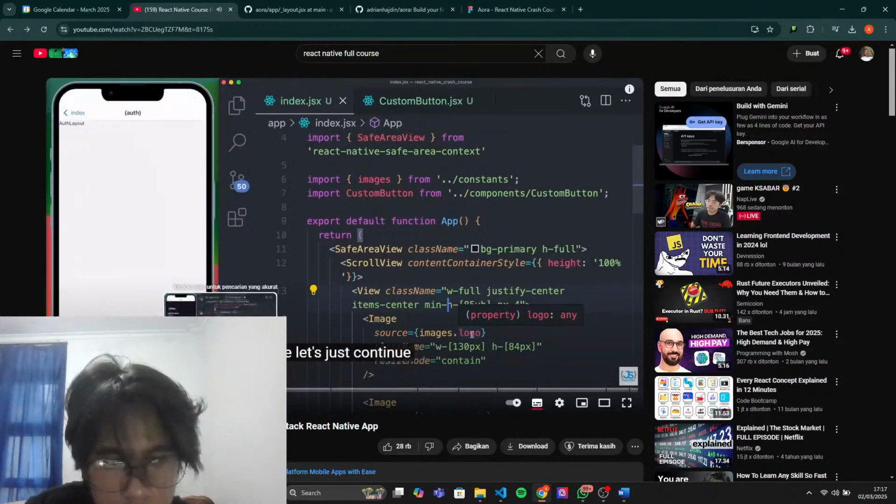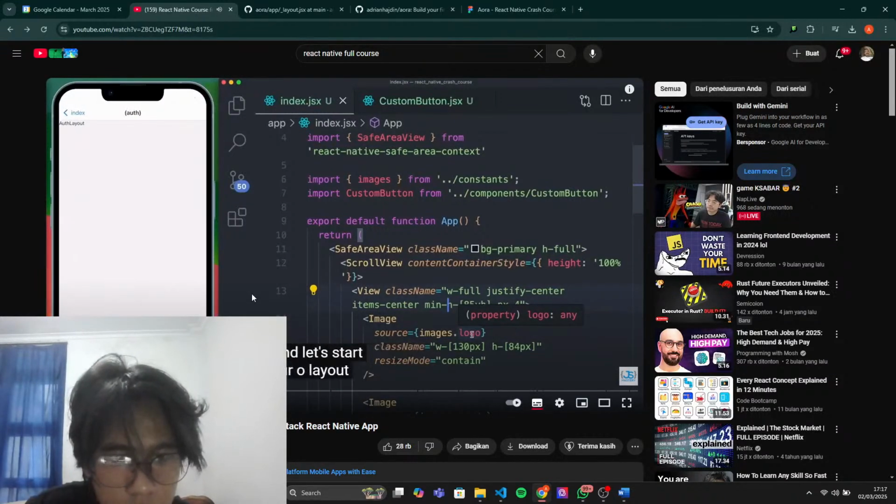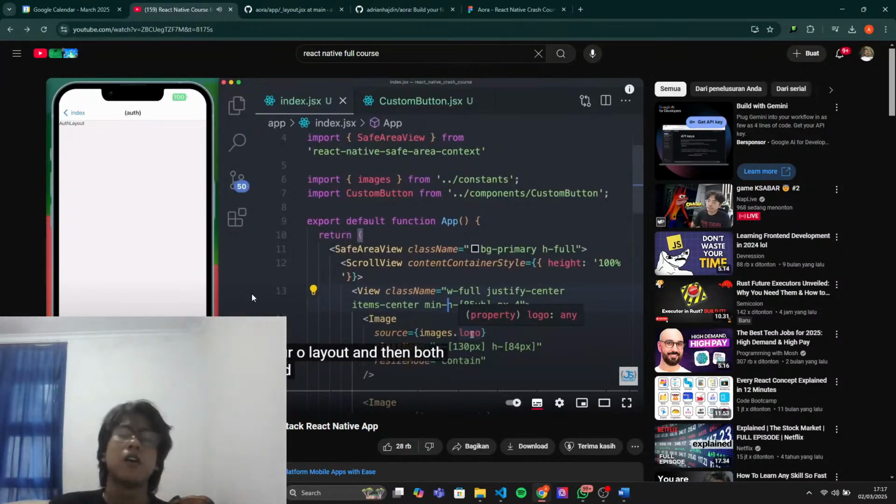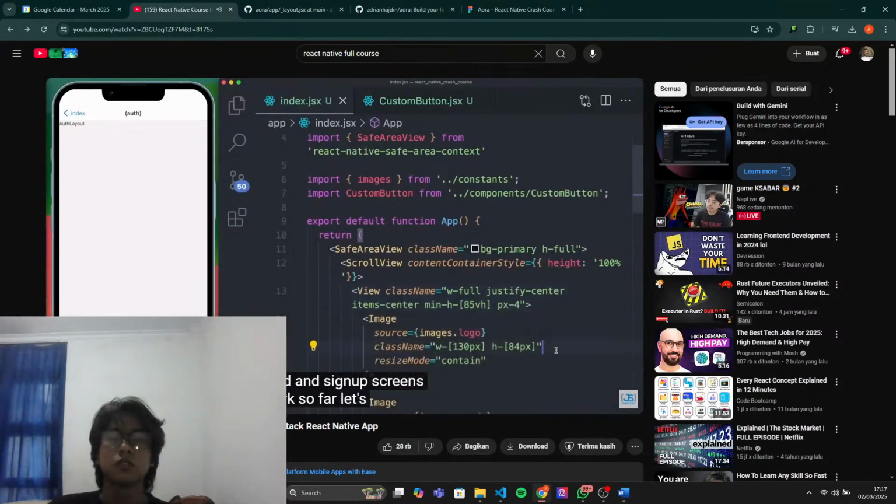Let's just continue with our email and let's start implementing our auth layout and then both of our sign in and sign up screens. Phenomenal work so far. Let's close all of the currently open